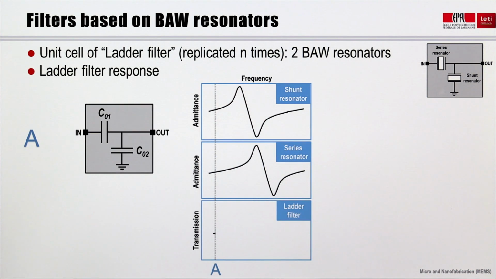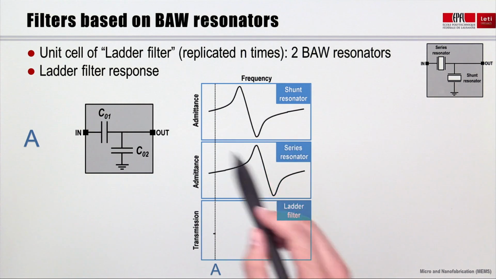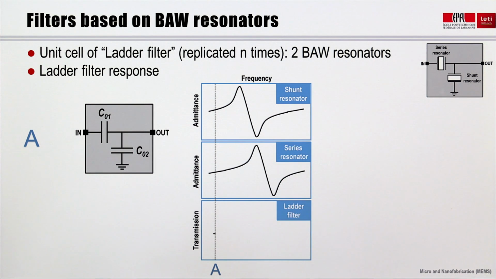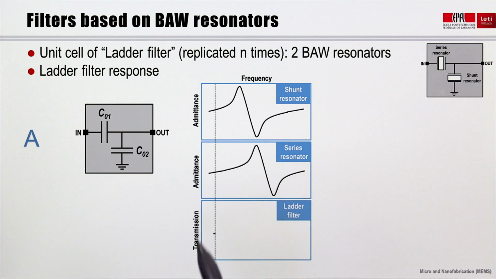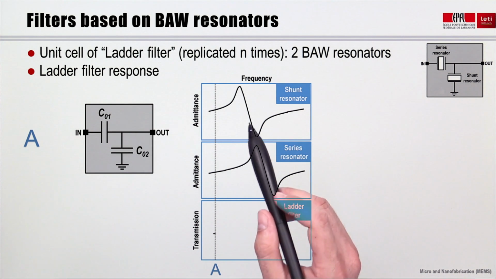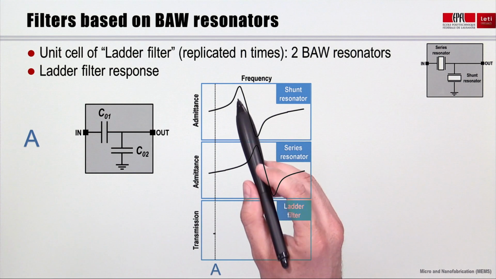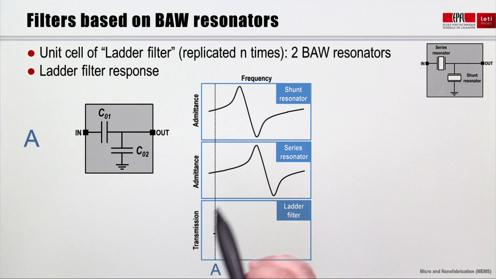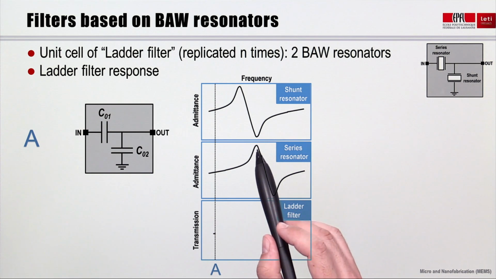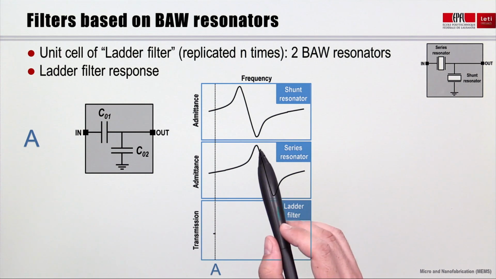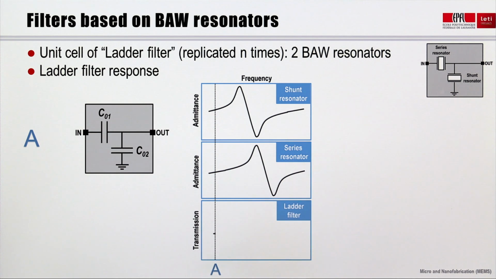Let's explain how it works by observing the filter response. At the center of the slide, the frequency response of the shunt resonator is depicted at the top. The one of the series resonator is depicted here, and this is the response of the whole filter. Please note that the shunt resonator response is shifting down to lower frequencies such that the shunt anti-resonance coincides with the series resonance. In state A,